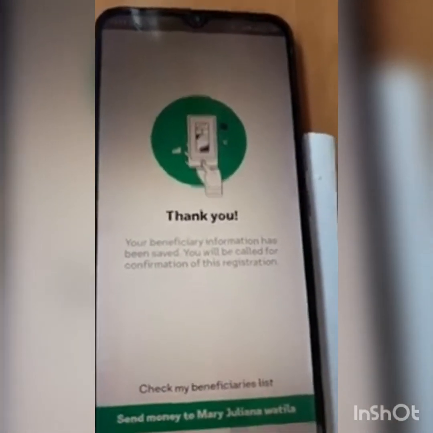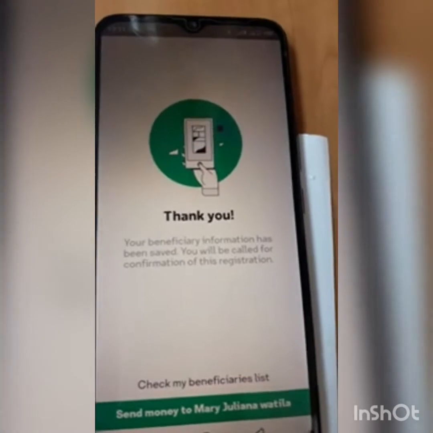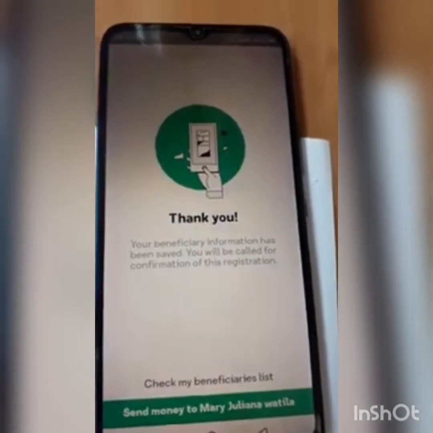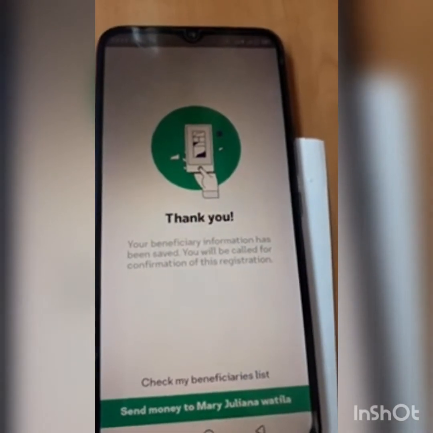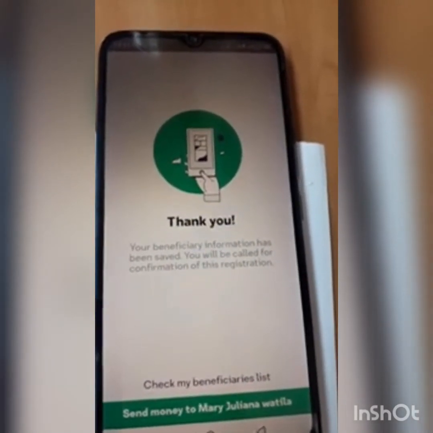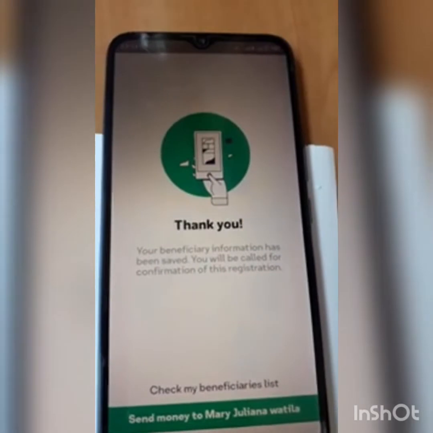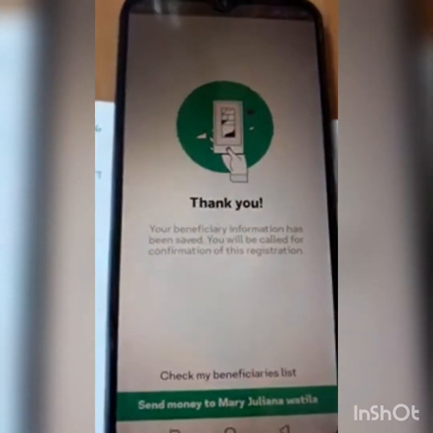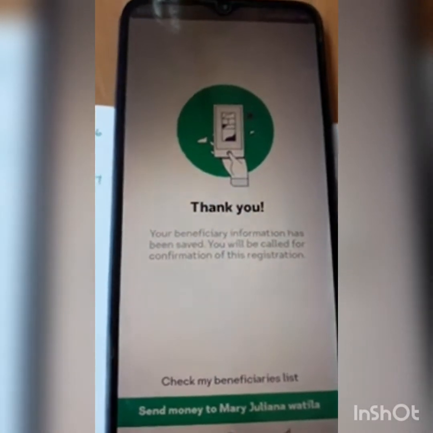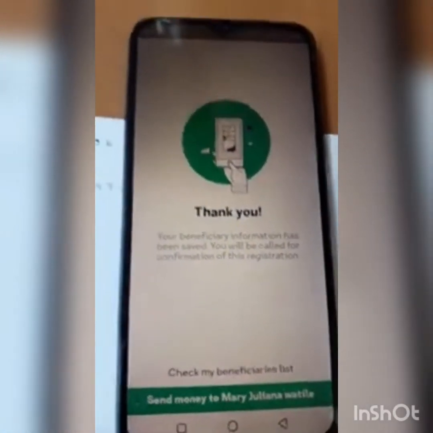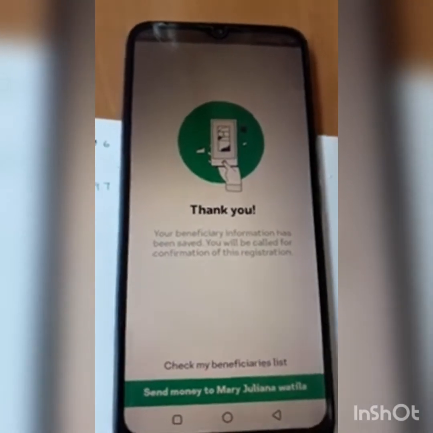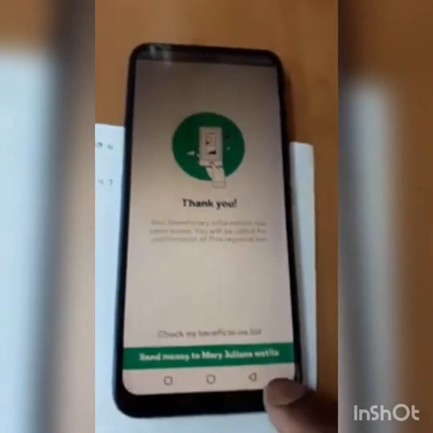he will be asked to press 1 to accept or press 2 to cancel. Because he wants to continue with this process, he will press 1 and your details will have been saved. He will have confirmed the addition of the beneficiary. So from there you have been added as a beneficiary to his account. After adding you as a beneficiary, when he wants to send you money, he will go back